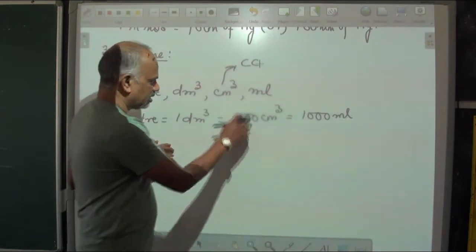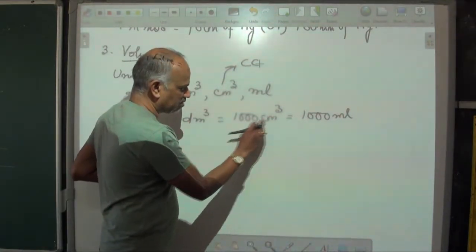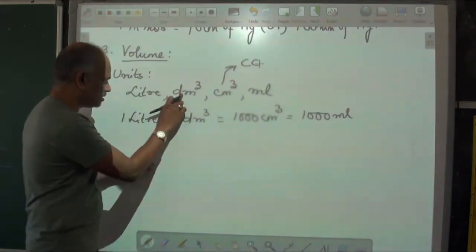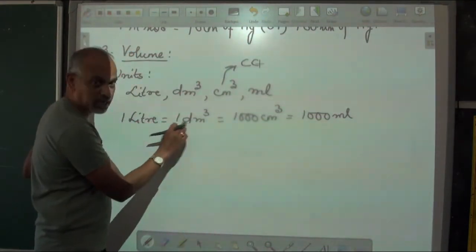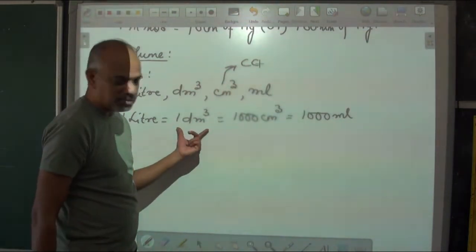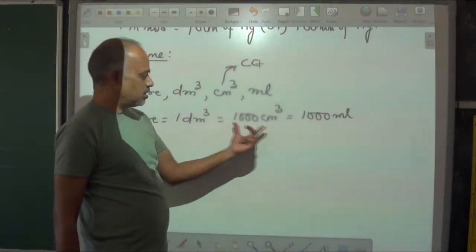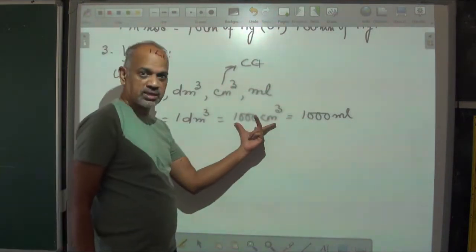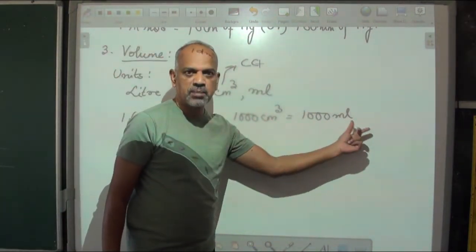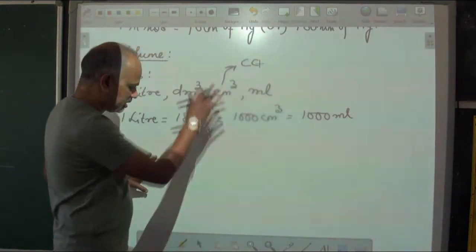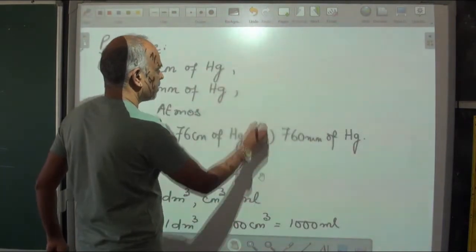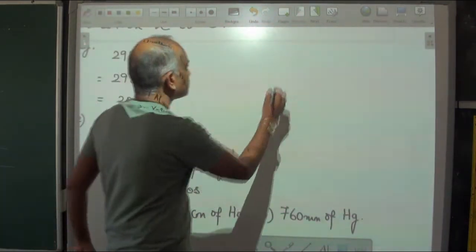As I said, this and this are the same. You can see 1000 centimeter cube is 1000 ml. And I said this and this are the same. 1 liter means 1 decimeter cube. So 1 liter is the same as 1 decimeter cube, and this 1 decimeter cube is the same as 1000 centimeter cube, or it is the same as 1000 milliliter. So these are the three quantities and the units that are used. Next,